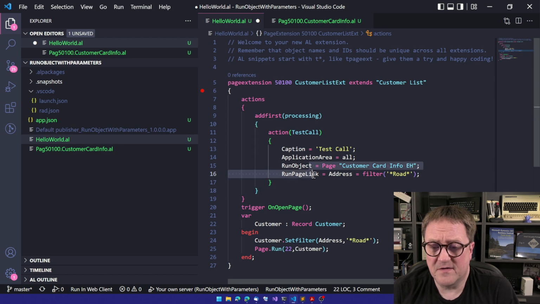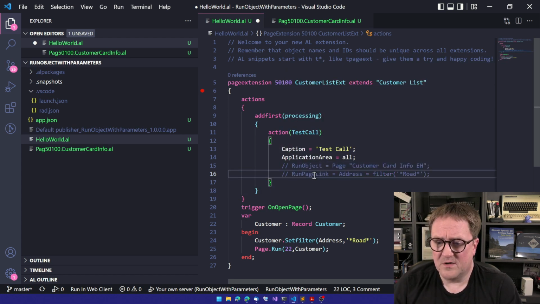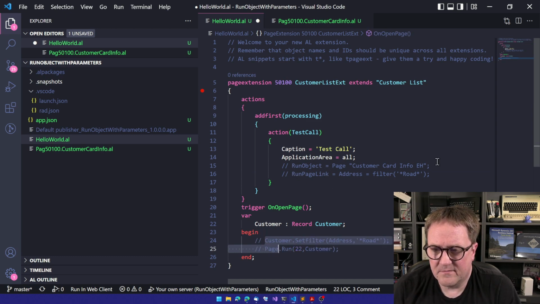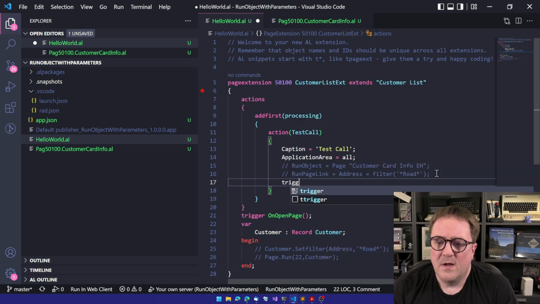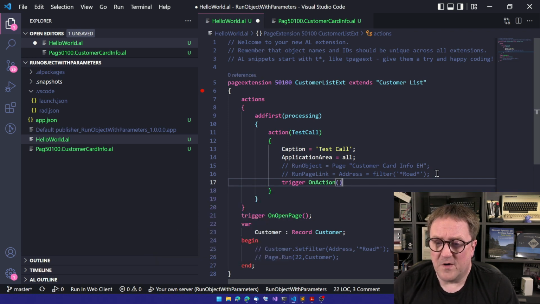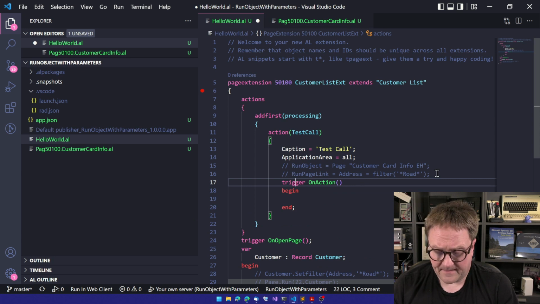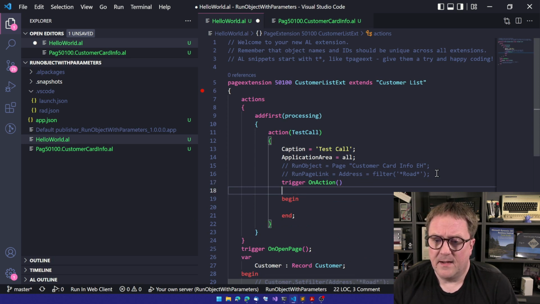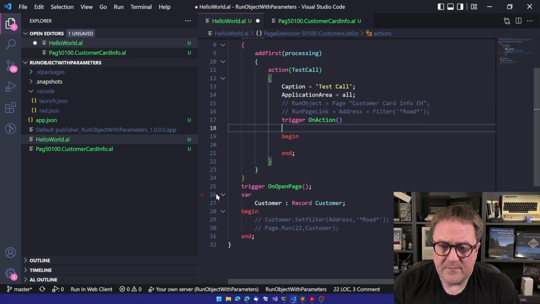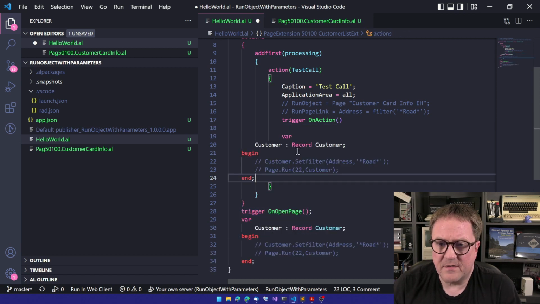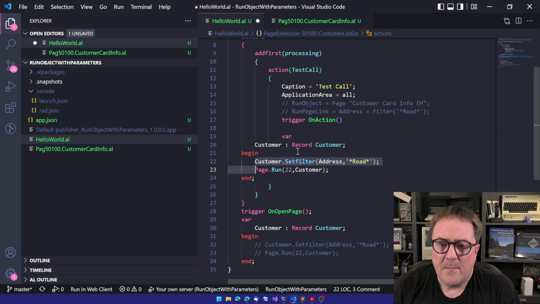So instead of doing this, what we also can do, and actually I'm just going to comment this out so that stuff doesn't suddenly happen. Instead of using the RunObject, we'll use an action in here, and then it's basically what the code we had here, we could just specify in the action. But